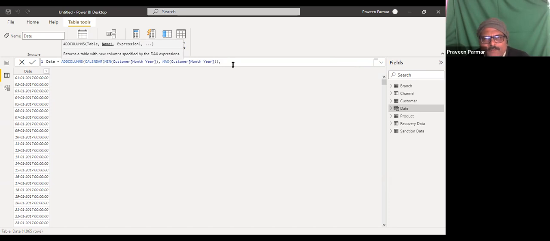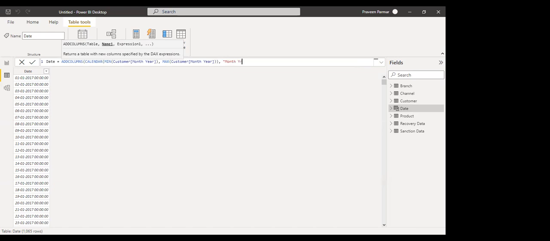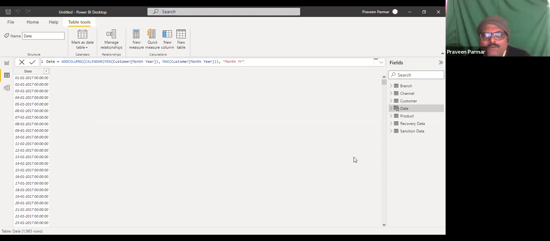And month year. I want the month year. So what should I do, month year. If I close this to see what happens. No, it is not working. It will give us the red sign here if it is not completed.